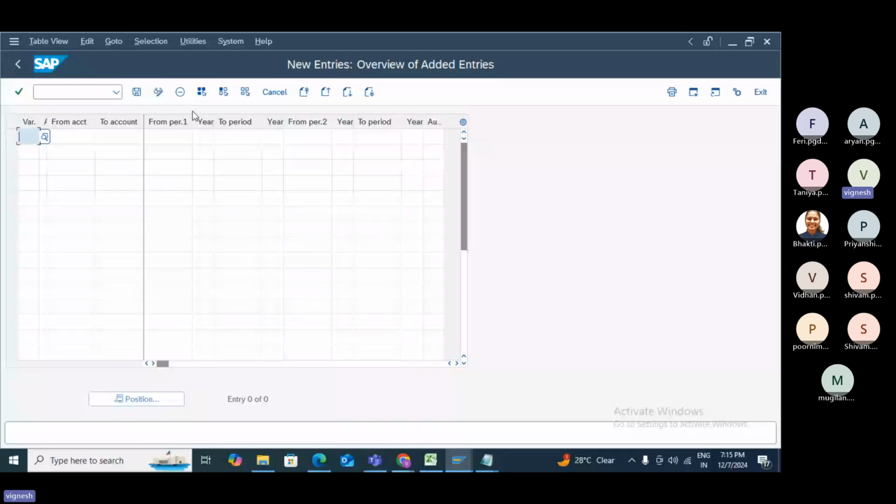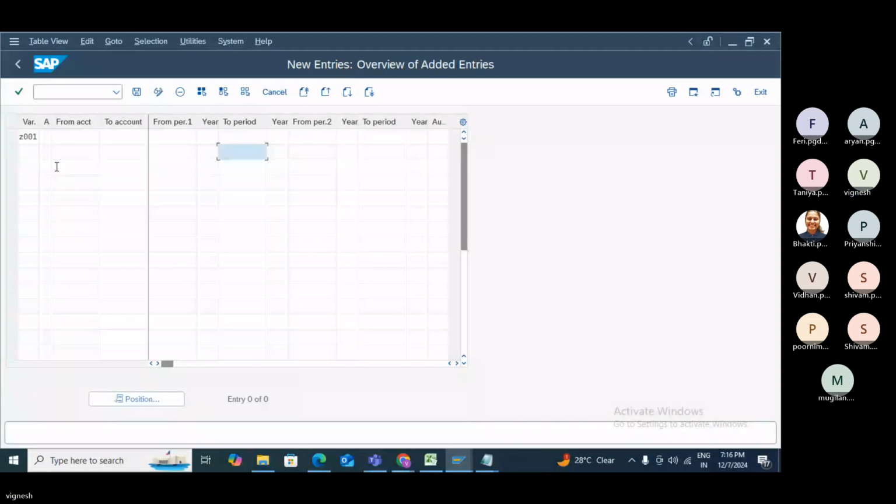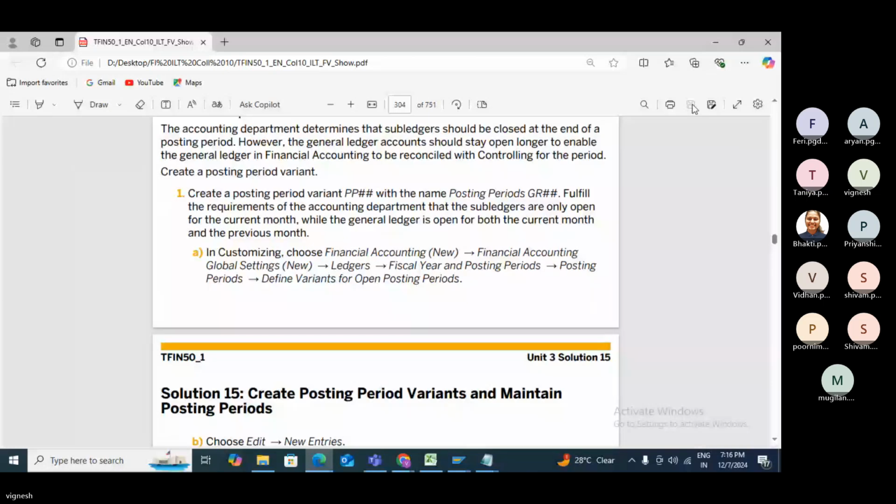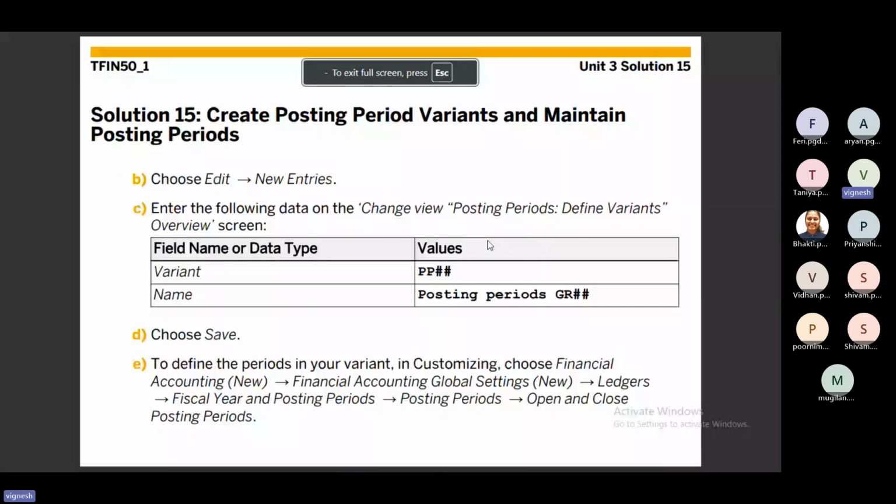Variant I will put as Z001. Account type will be A, which is nothing but account type. I'm going with this exercise. Variant I put it, and the posting period name will be